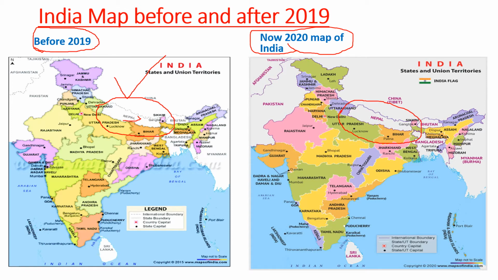Only India has changed the status quo of Jammu and Kashmir. As you can see, the UT has been demarcated over here, but there is no territorial change near Nepal. So what Prime Minister Oli of Nepal has claimed, that India is changing the sovereign authority of Nepal over this area, he is wrong. Actually, he's totally wrong on this.